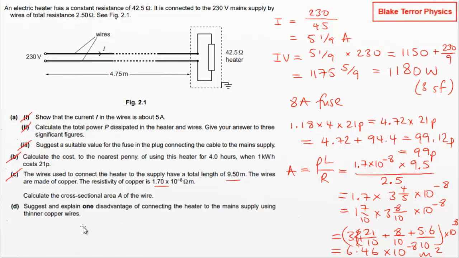Suggest and explain one disadvantage of connecting the heater to the main supply using thinner copper wires. One disadvantage, I was going to say there's no advantage in that. So yeah, disadvantage. Well, if you've got a thinner wire, so if you've got A has gone down, therefore the resistance will go up. So we'll get more heating of wires,